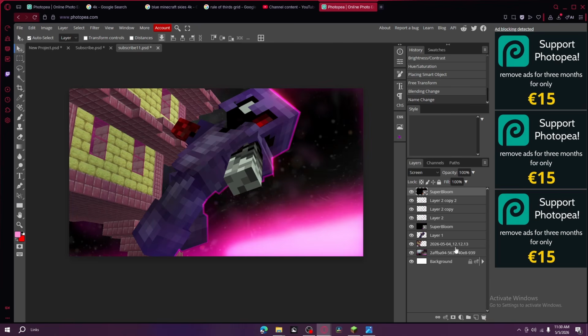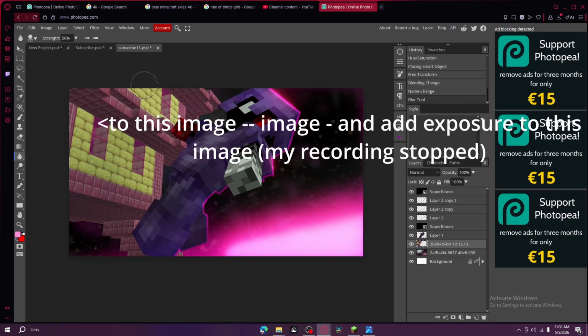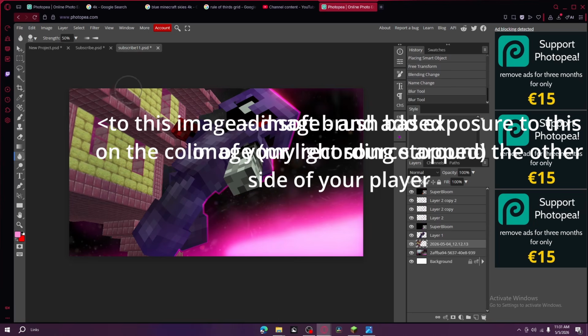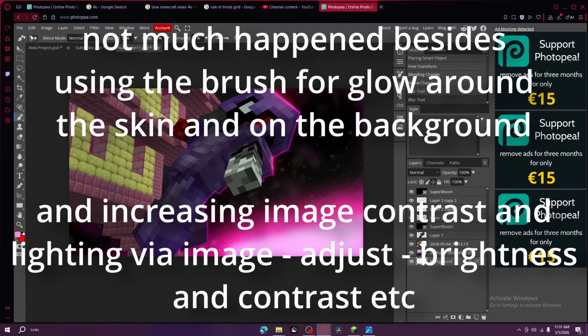And then right here, what I did, I went to the blur tool, made it bigger, and then I just did a little bit of a blur, so it focuses more on this. This already looks great, but then if we go to background, click B for brush, and then we go,